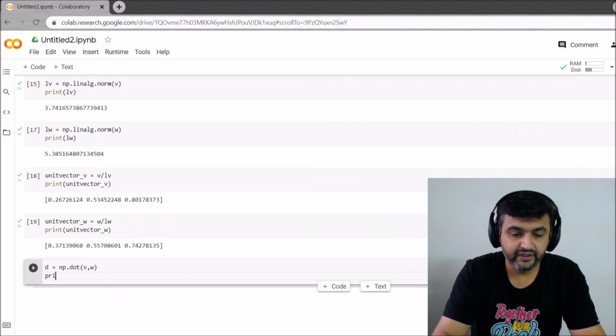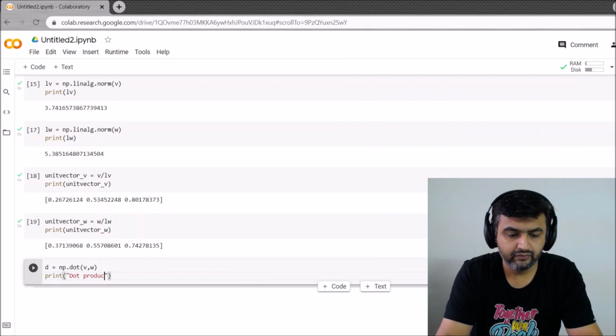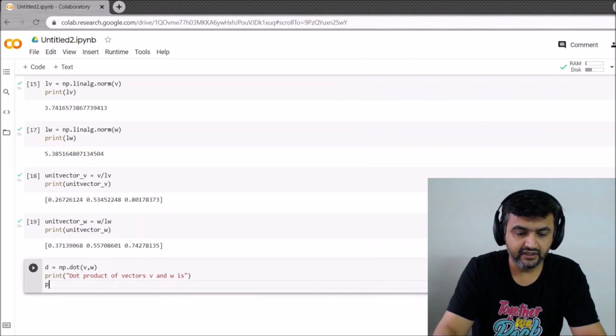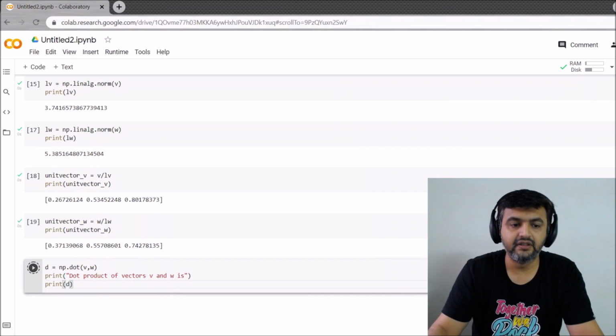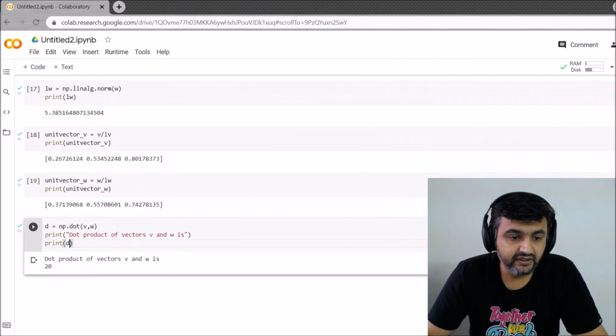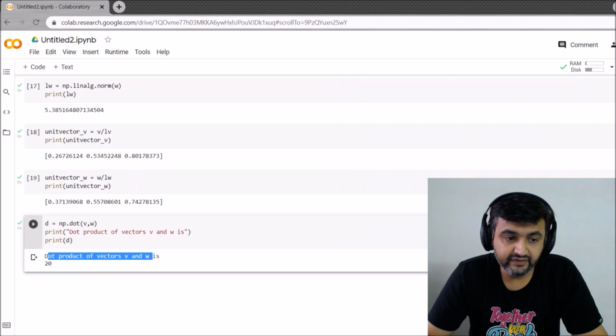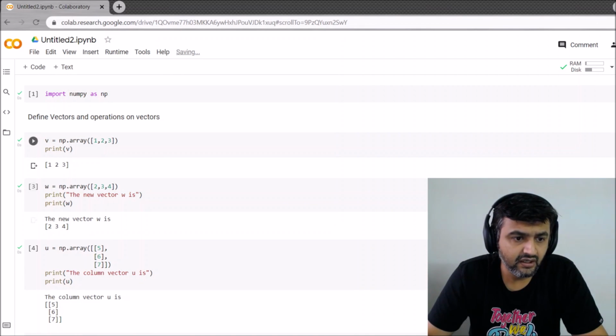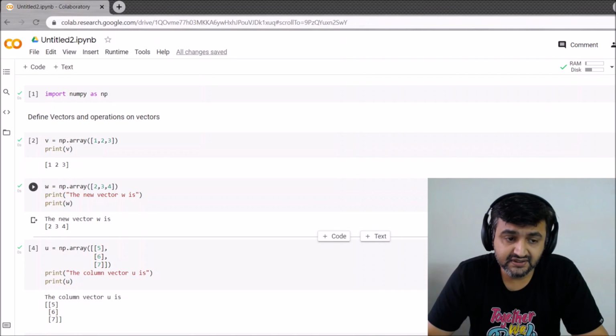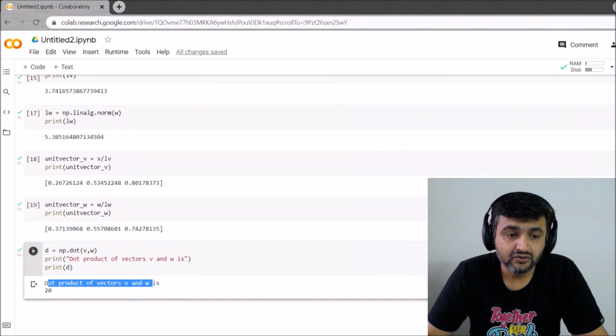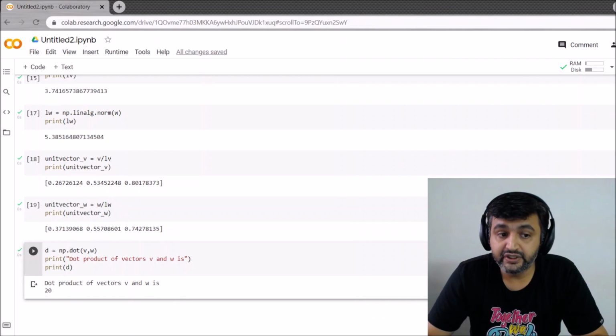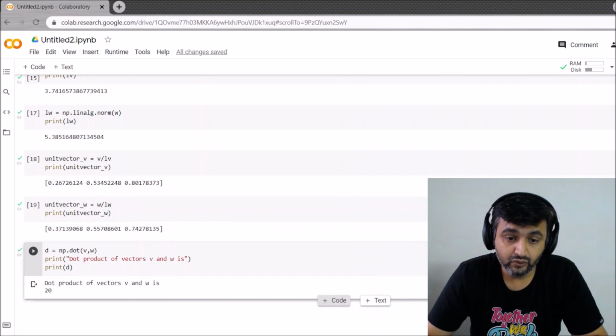Print, let me give a statement, dot product of vectors v and w is, and in the next line print d, and once you do shift enter, you get the dot product of the vectors v and w as 20, and you can check as well, right? 1 into 2 is 2, plus 3 2s are 6, which is 8, and 4 3s are 12, which is 20. So using np.dot, you get the dot product of two vectors.